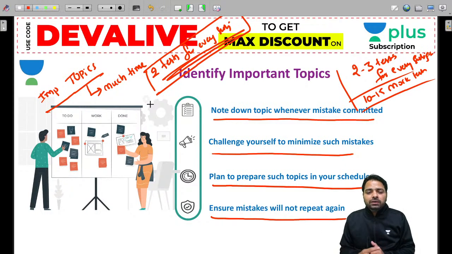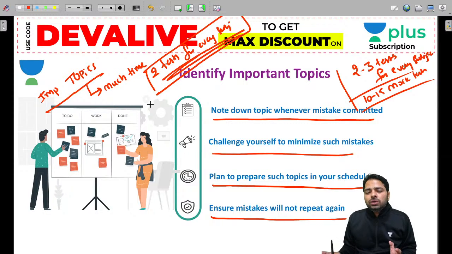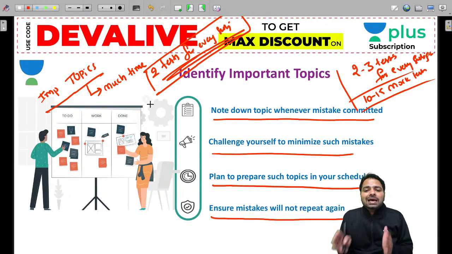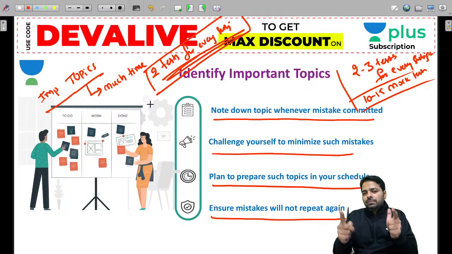That's more important. And guys, those people who have been preparing for the last 3 years and have given hundreds of tests, there is no guarantee of cracking the exam. Those people who put their effort in the right direction are eligible to crack the exam, because you know what mistakes you are making, how to correct them, and how to face them again. So you must cross-check. And that's what I'm talking about. At 9:30, a very beautiful session is going to come, on what kind of mistakes we make and how to overcome them.